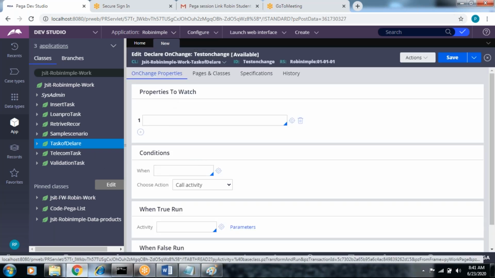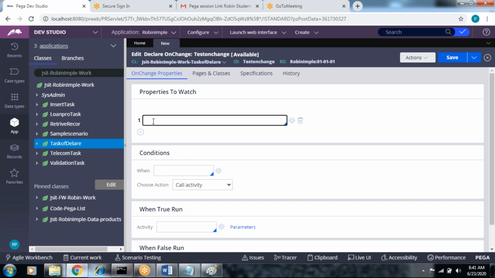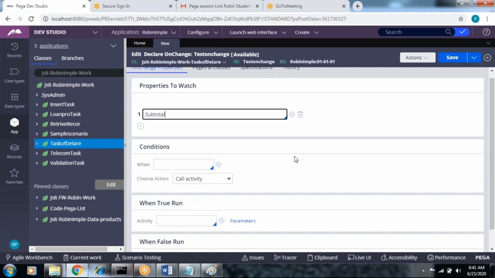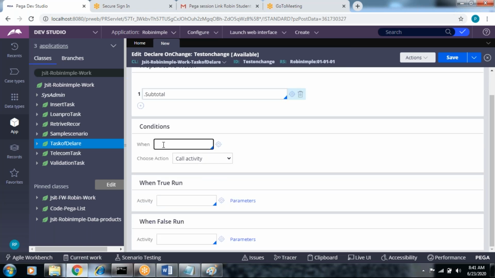So here, the properties to watch. What is the property? Give the subtotal. Then we can give the when conditions here. What are the when conditions? Is subtotal negative.